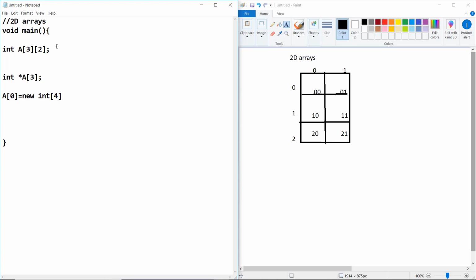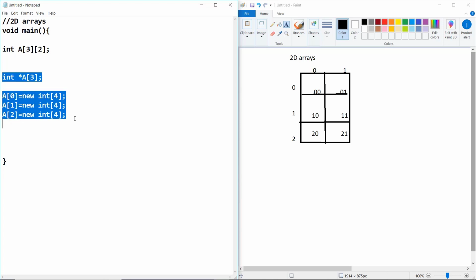A of 0 is equal to new int of 4, and A of 2 is equal to new int of 4. This is another way of declaring it.